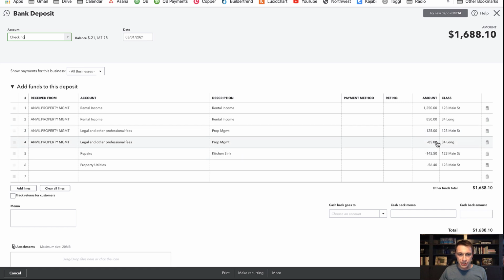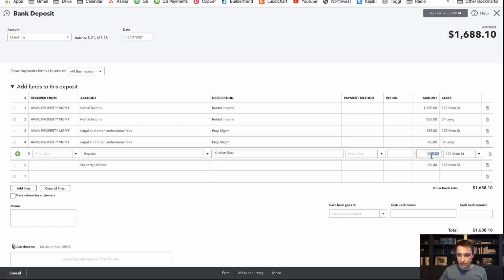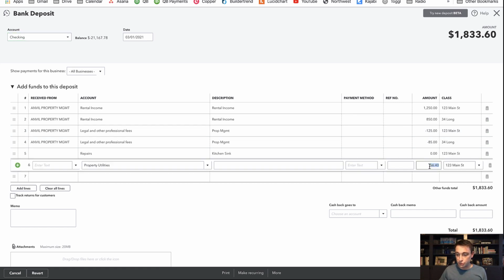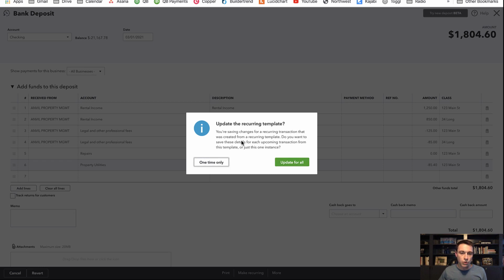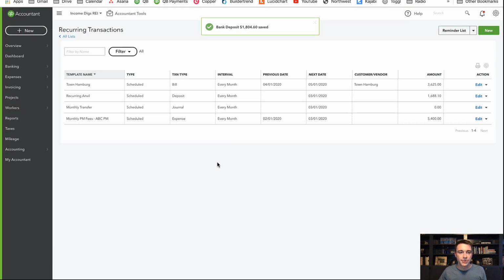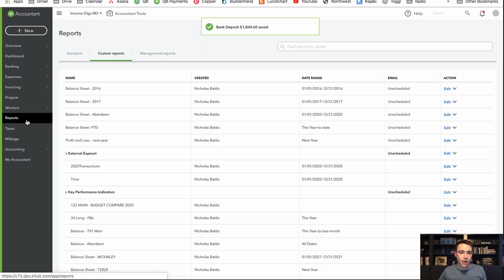Property management is always going to be the same. And then maybe your repairs for this month is 0, but your utilities is negative 85.40, whatever the case might be. Save and close it, and you could update the template if you want, or you could just do it just this one time. And then if I go back to my profit and loss sheet,